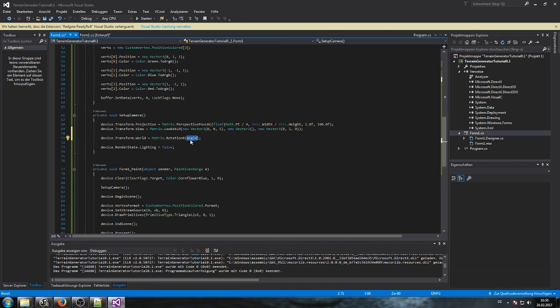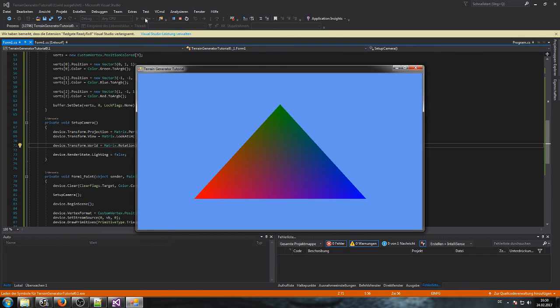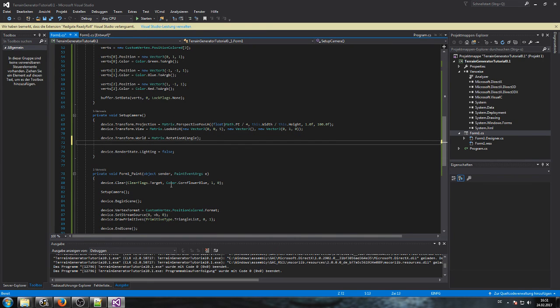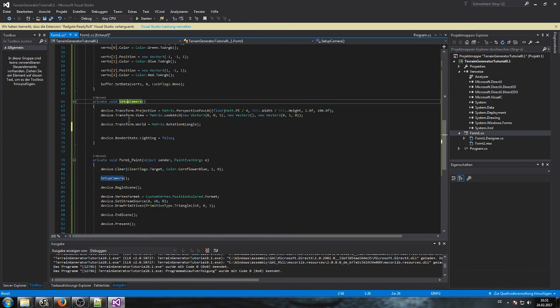So I don't just rotate it, I just create one out of this whole view. I let it rotate a little bit by this angle, but this angle is 0, so it will not rotate it at all. Yeah, as you can see. But if we would now increase the angle step by step, it would actually show us. And where do we actually increment our angle? We simply can do it over here,